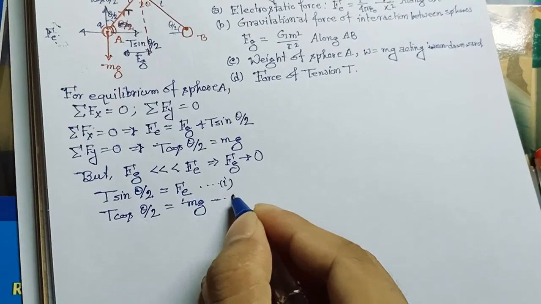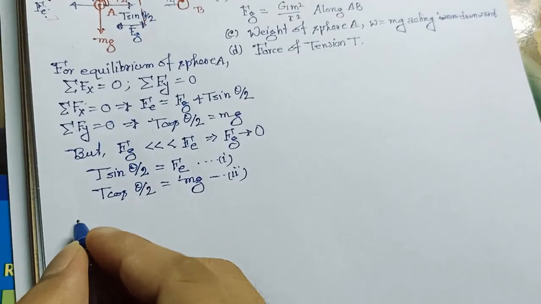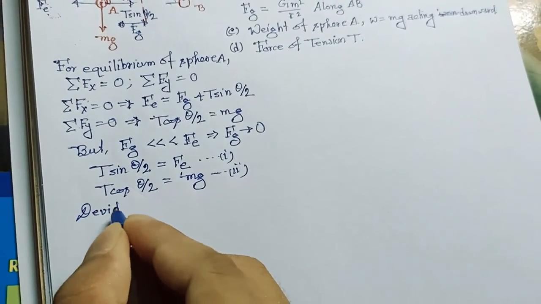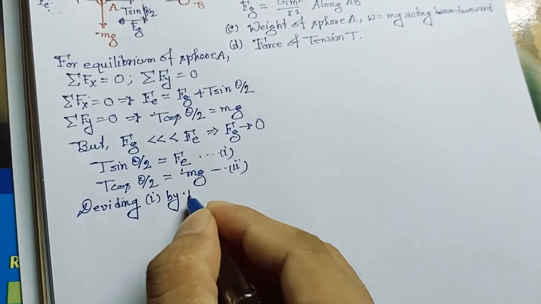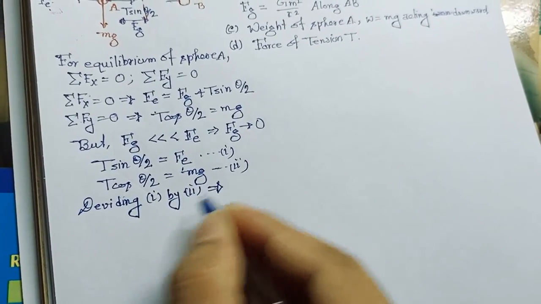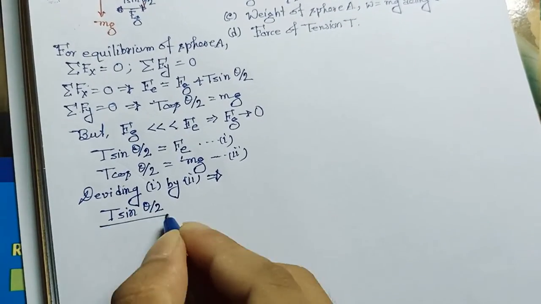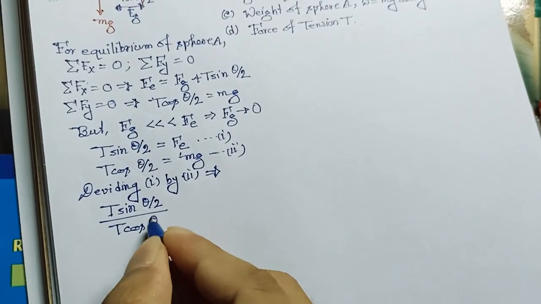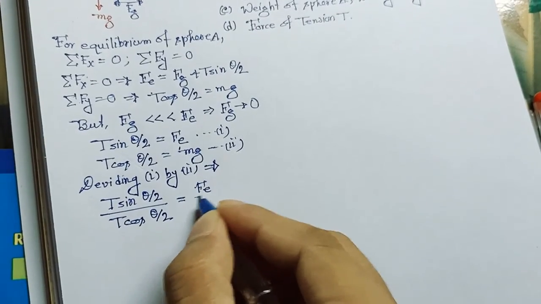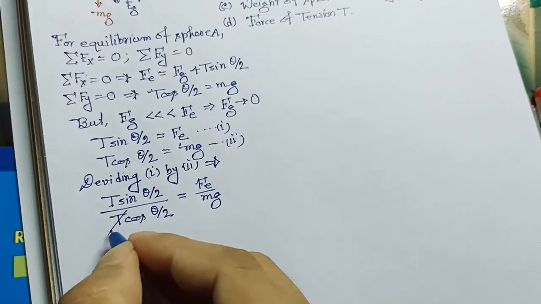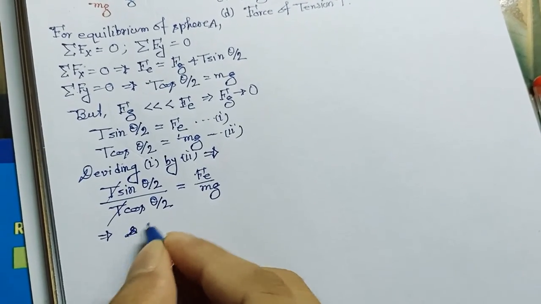So this is our equation number 2. Now if we divide these two equations, dividing equation 1 by equation 2, which implies T sin(theta/2) divided by T cos(theta/2) is equal to Fe divided by mg. We can cancel this T and T from this side. If we cancel T and T, we will get